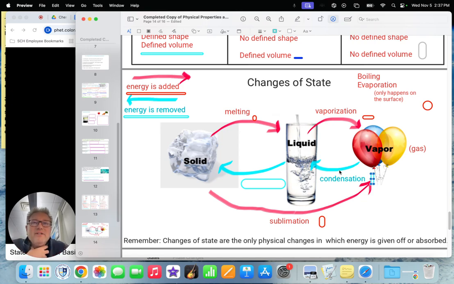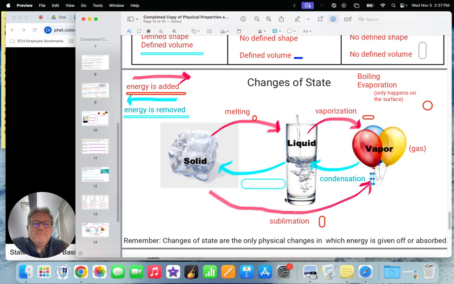The water vapor in your lungs is nice and warm, but then you breathe out, and that water vapor as a gas gets cooled down and it condenses to make these little droplets of mist that you see as your breath. That's condensation. If you bring a cold drink out on a humid day, the water molecules in the air will condense into little droplets on the side of your water glass because it's so cold.